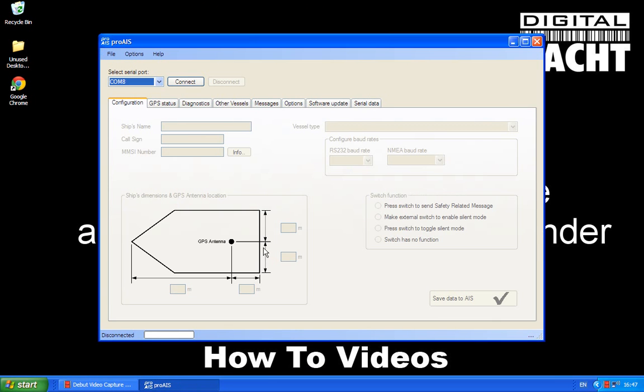So when proAIS runs, it will ask you first of all to put in the COM port the AIT1000 is connected to. Now Windows will allocate this and it will be different for every PC. On mine it's COM8, but on yours it will be a different COM number. If you don't know that, you'll need to look in the device manager in the ports, COM and LPT section, where you'll see what COM number has been given to your AIT1000. So once you know that number, you select the right one from the drop down list